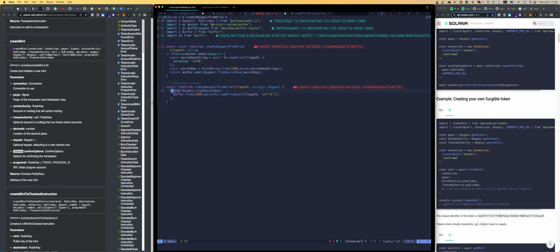They do the same thing. But this one's an async function. I'm not sure. Oh, this is a read file sync versus. So maybe